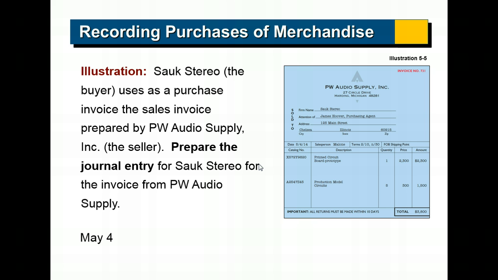So here's an example. Sock Stereo, who's the buyer, uses as a purchase invoice the sales invoice prepared by PW Audio Supply, the seller. We're going to prepare the journal entry for Sock Stereo for the invoice from PW Audio. So basically, SOC purchased